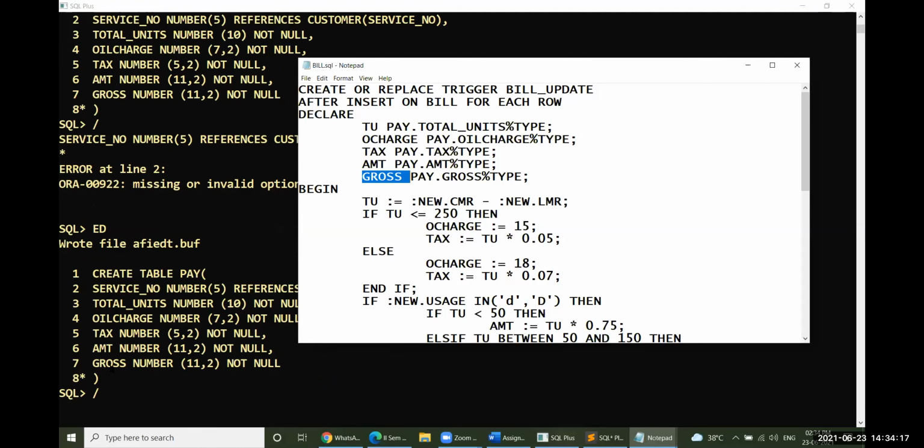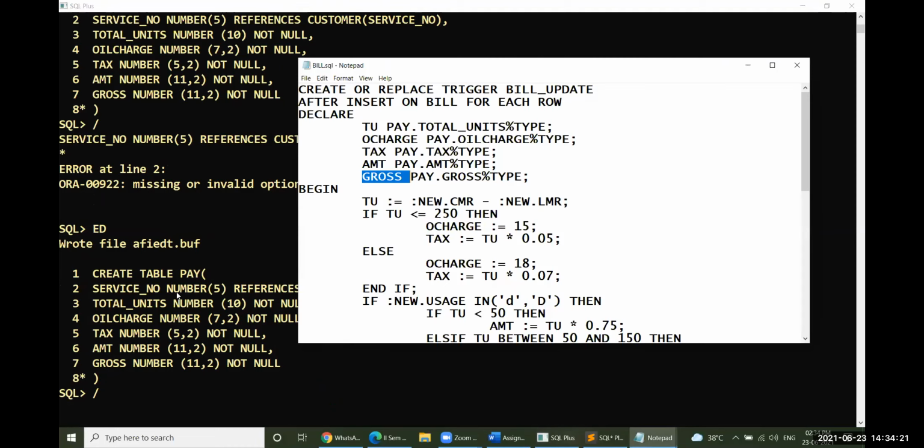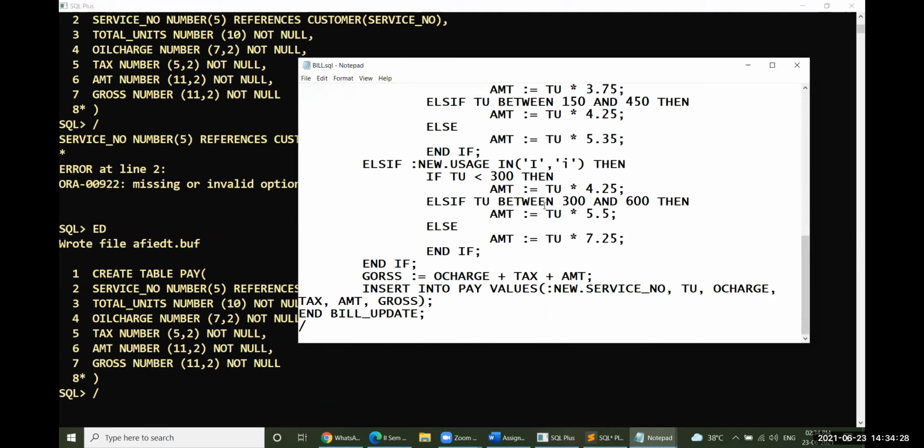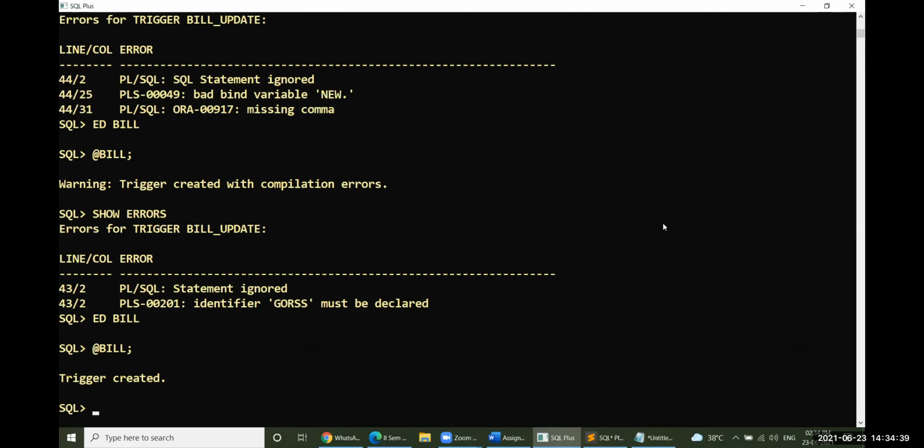Pay table GROSS, yes, this is the pay table only. GROSS percentile type, yeah. GROSS, sorry. Okay. Yeah, trigger is successfully created.